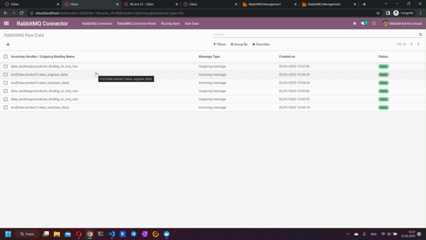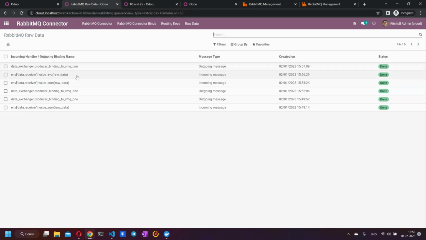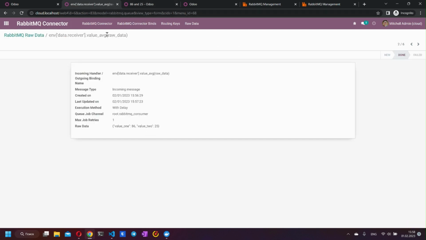So let's check the value like this and the value like this. So it's executed